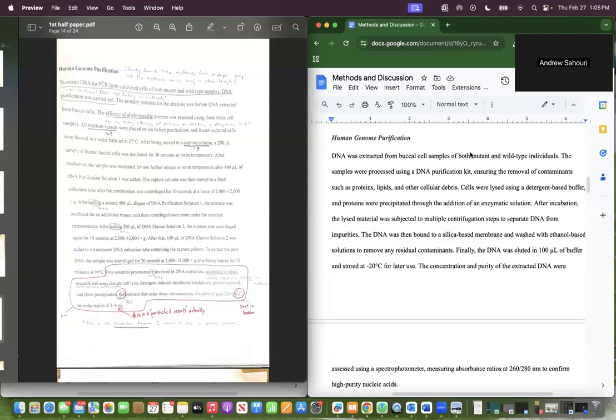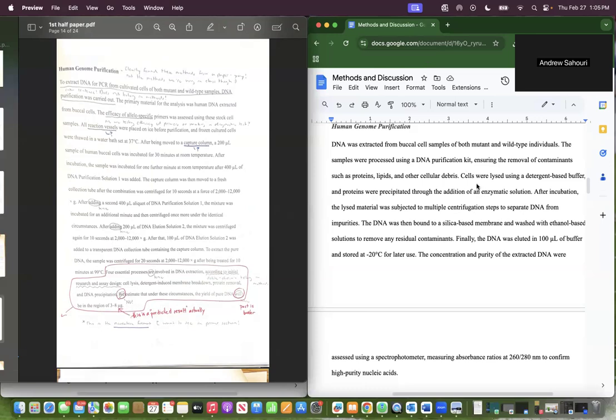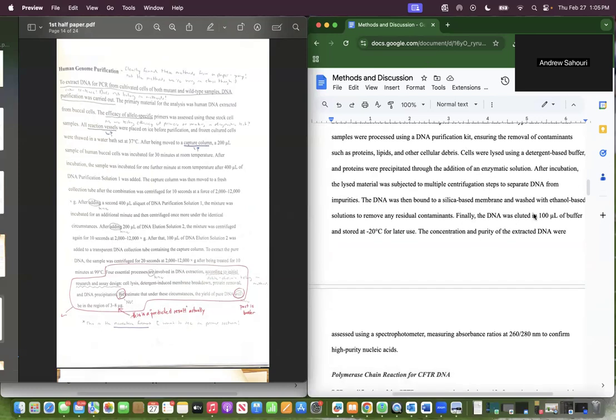I said DNA was extracted using a purification kit. Cells were lysed using detergent-based buffer and protein were precipitated through the addition of enzymatic solution. The lysed material was subject to centrifugation, and then the DNA was eluted into 100 microliter of buffer and stored at negative 20 degrees Celsius for later use. So I put that here, and because there were question marks here and here,